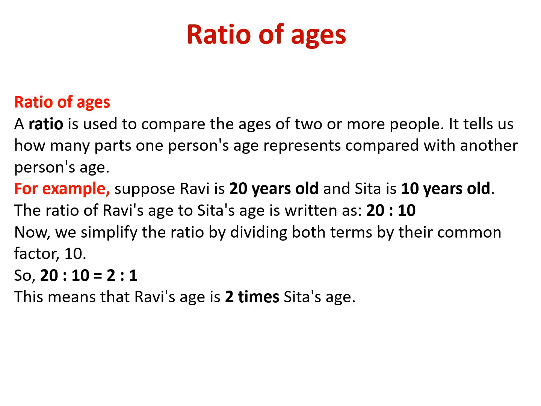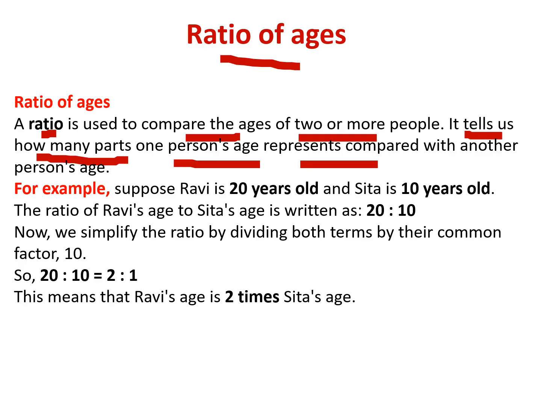Now, let us move on to the next type of age relationship, which is the ratio of ages. A ratio is used to compare the ages of two or more people. It tells us how many parts one person's age represents compared with another person's age. For example, suppose Ravi is 20 years old and Sita is 10 years old. The ratio of Ravi's age to Sita's age is written as